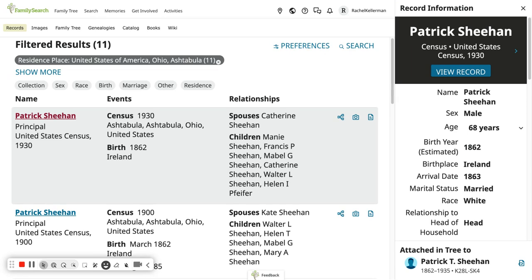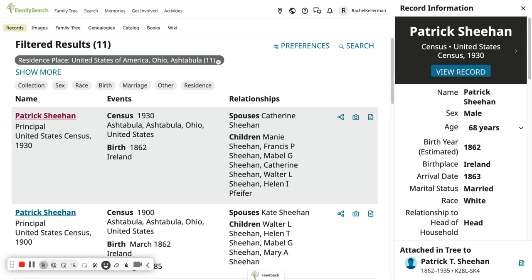we can search for records that are at a family history center, a local family history center. We have one in Menlo Park and one in Los Altos and Santa Clara. Or you could search for records that you might be able to find online. So I'm going to search online records in Ohio. And this is how it comes up. It comes up as a large list. So the 1930 census we just searched,